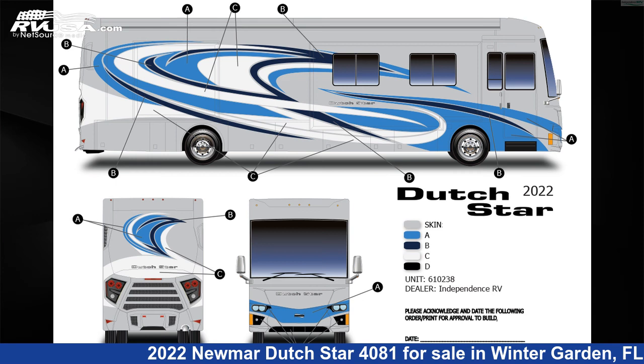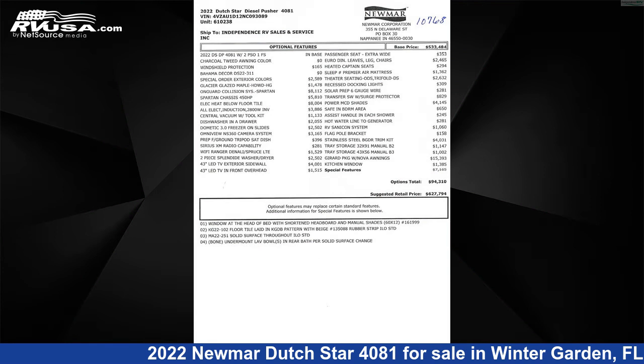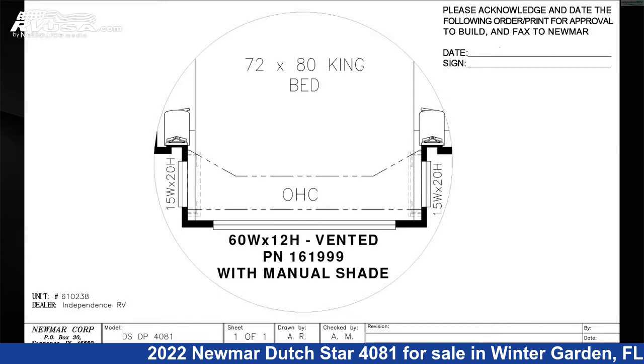This 2022 Newmar Dutch Star 4081 is a Class A RV. It is located in Winter Garden, FL 34787 and is offered for sale by Independence RV Sales. This new Newmar is 40 feet 9 inches in length and features 3 slideouts, a Bahama Decor, Glacier Glazed Maple